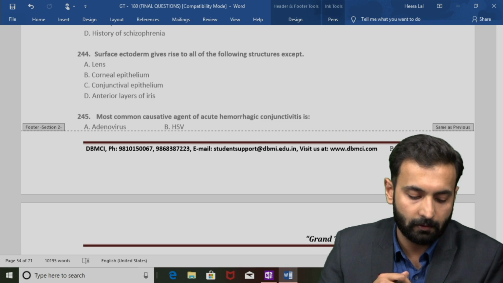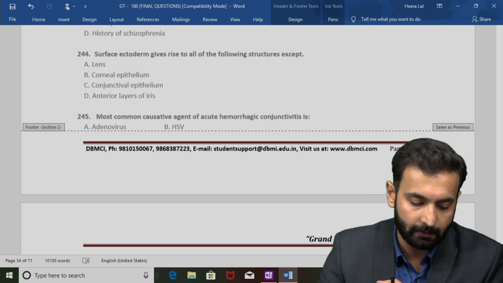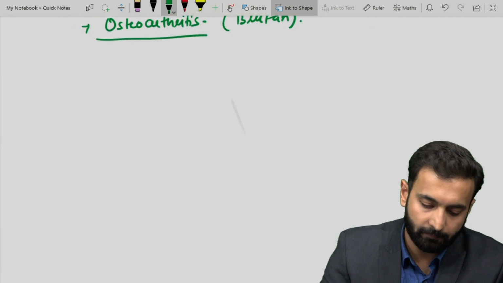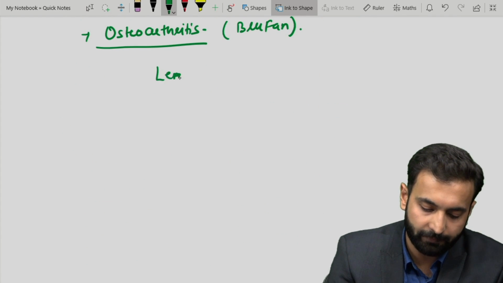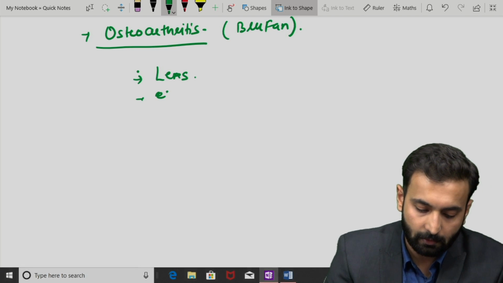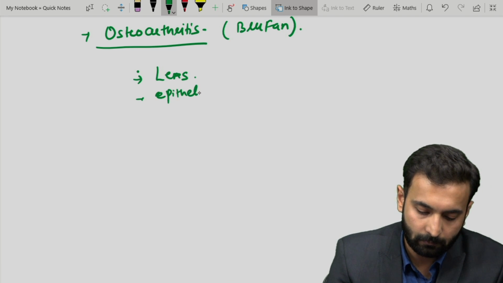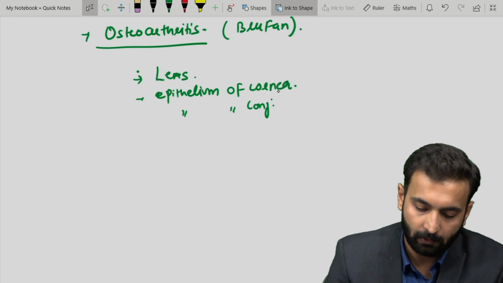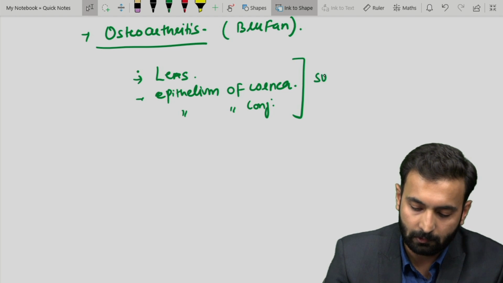So as you all know, option number 1 is lens, corneal epithelium and conjunctival epithelium. All three structures develop from surface ectoderm. So the lens, the epithelium of cornea and the epithelium of conjunctiva all develop from surface ectoderm,